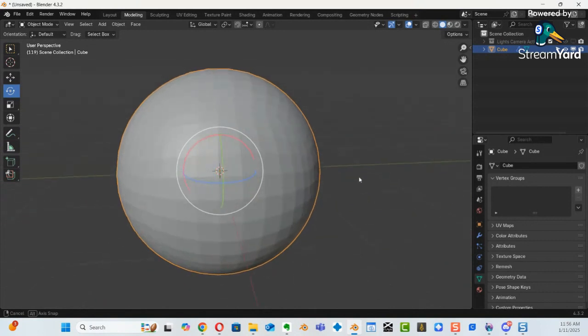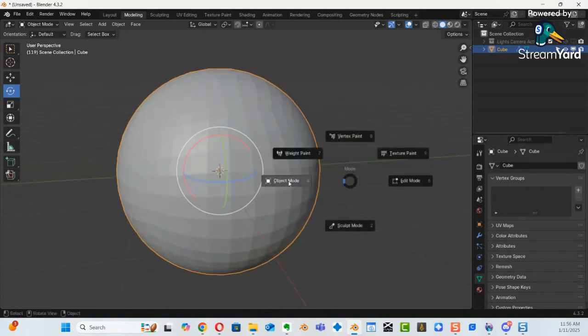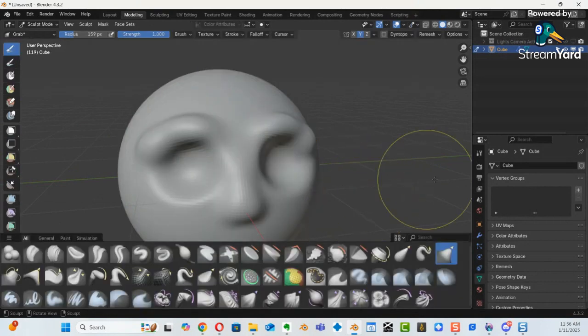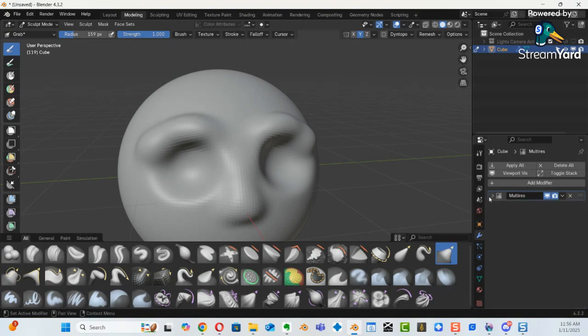Oh, I have to commit the changes, don't I? Darn it, I forgot about that. All right, so here we go. Go back to sculpt mode. And we come right over here to our multi-resolution. And if I apply that,